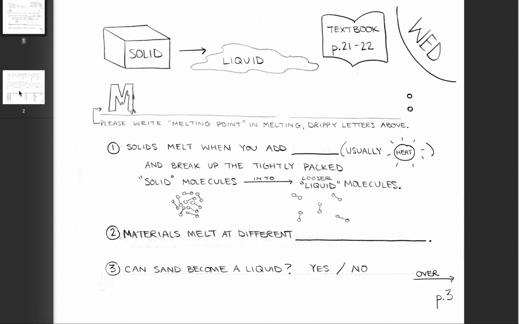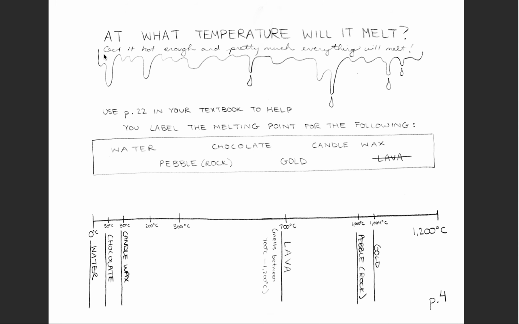All right, go ahead and flip to page 4. So now that we know that anything will melt, let's have some fun. What temperature will it melt? Because some of these things, look here in our box, you might have thought, they can't melt, right? Water, a pebble or a rock, chocolate, gold, candles, or wax. And I've already done lava for you as our example in the middle at 700 degrees